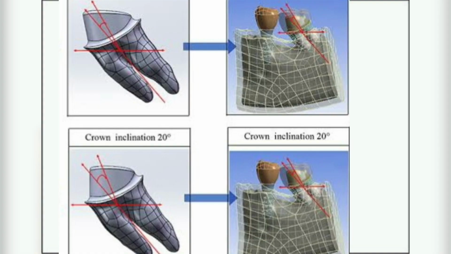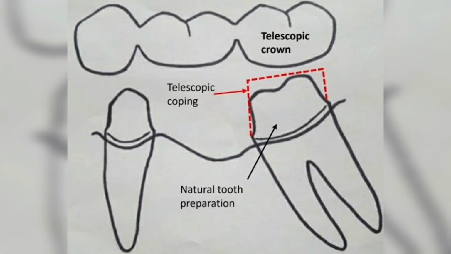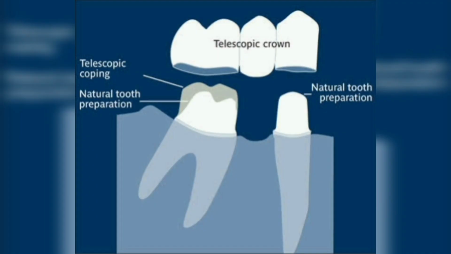So in this case, we have increased reduction of tooth structure and very minimal accessibility of the tooth. We will end up making a knife edged finish line. As I said, we have an increased reduction of the crown, so where will we get retention for the crown to withstand the force? For that we will make a telescopic coping, which acts as a core buildup for the crown which is prepared. Above that we will take an impression and make a telescopic crown.